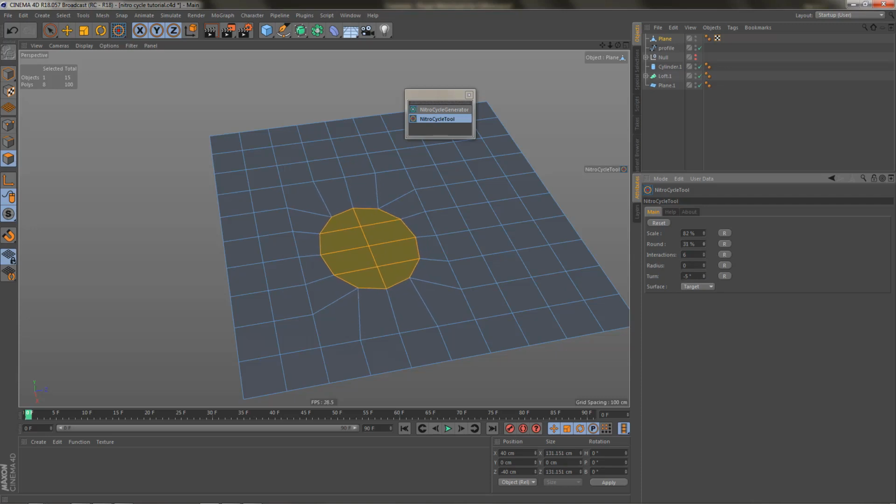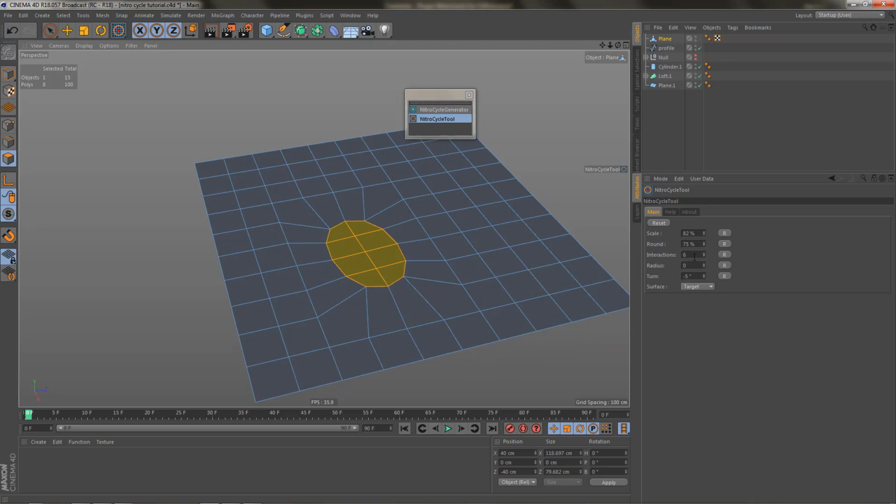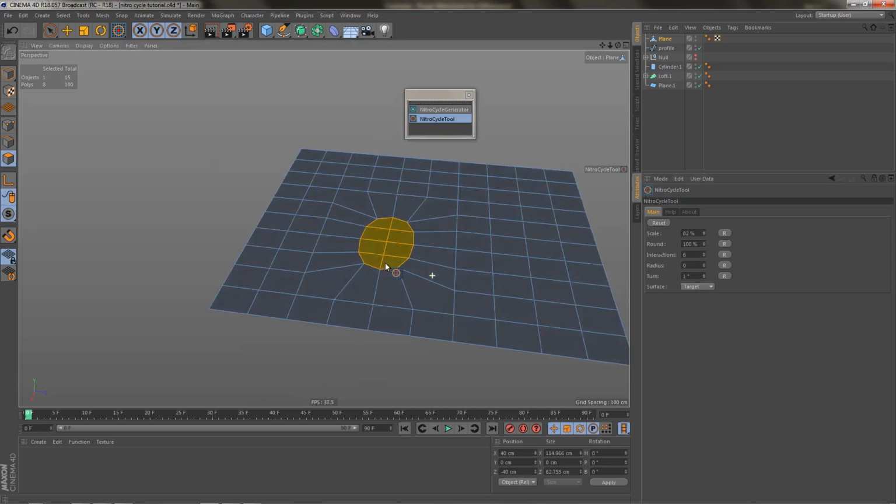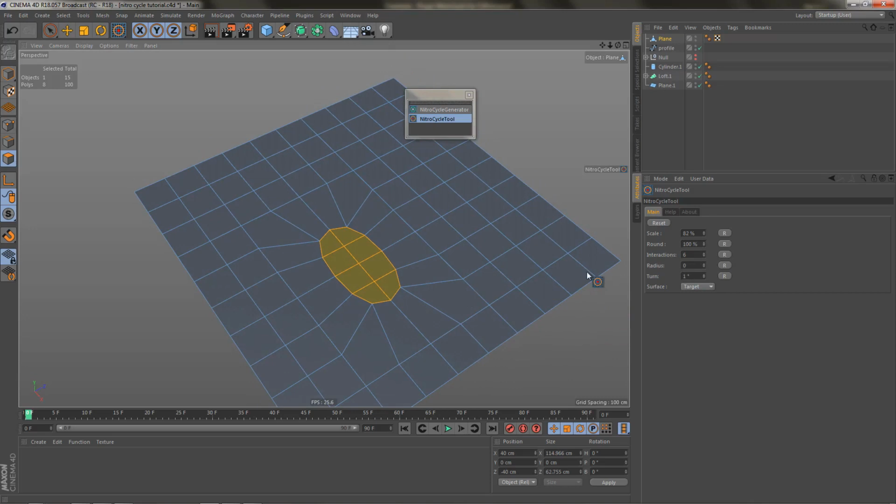And now if I change the roundness, you can actually see the change. So you can do something like this, then rotate the selection to where it needs to be. Maybe let's do something like this. And now we should also be able to see changes if we